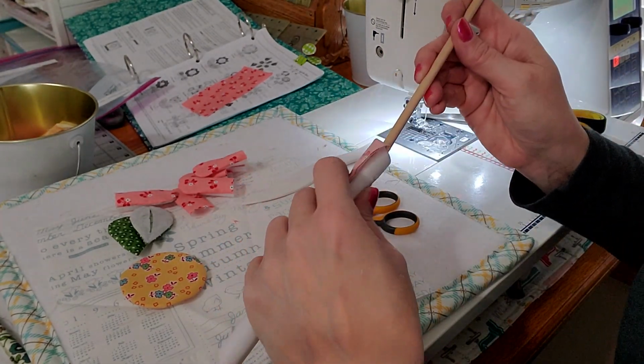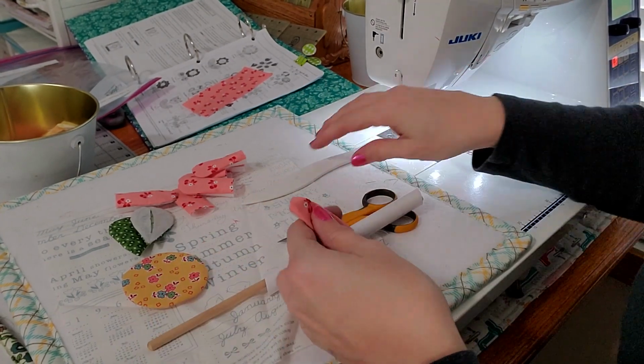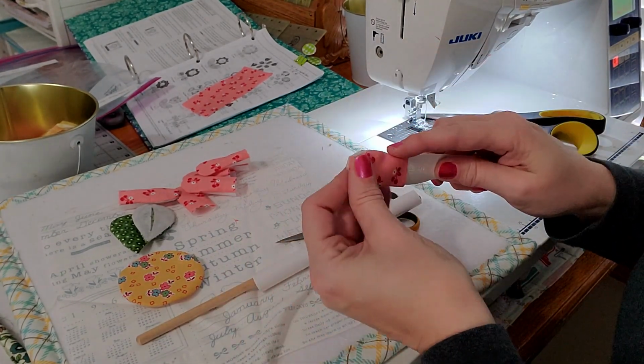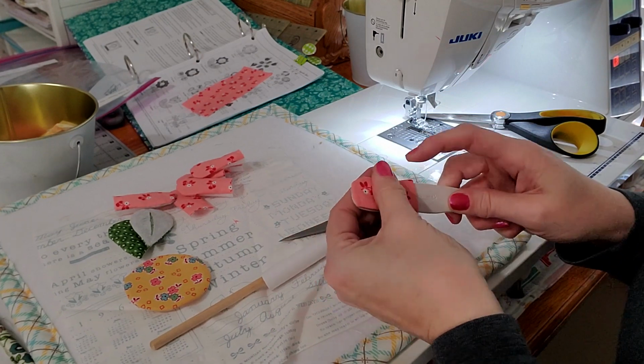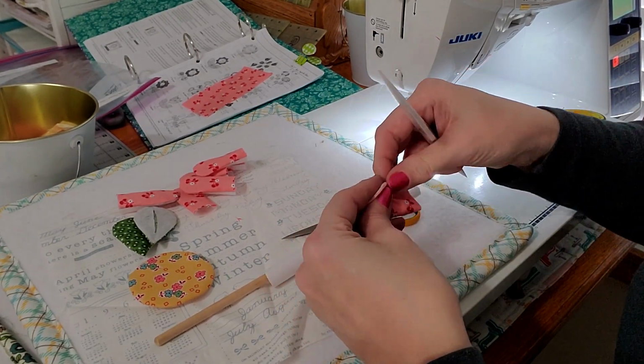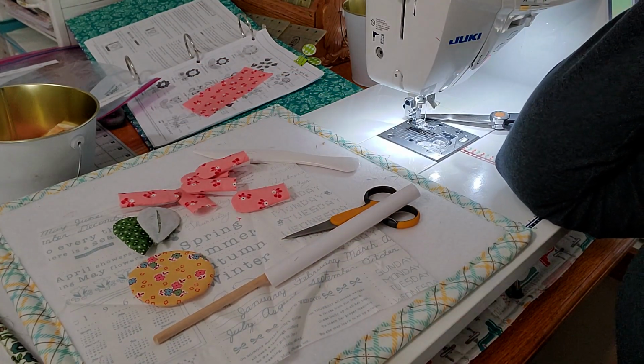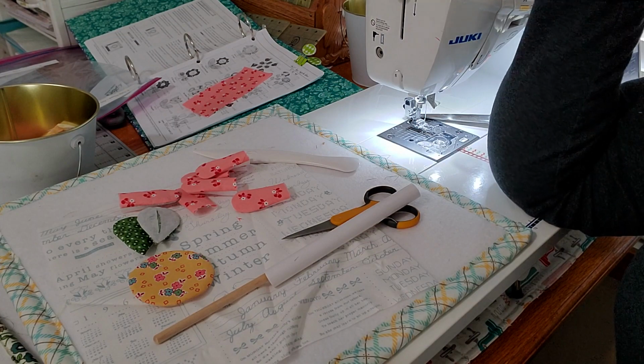I guess I should have done one in the normal way to show you the difference of time, but I think you can see that there is no way I could have turned that shape out that quickly and easily the normal way. So now all my petals are turned out. I'll take those all over and get them pressed, and then I'll meet you back at the cutting table to